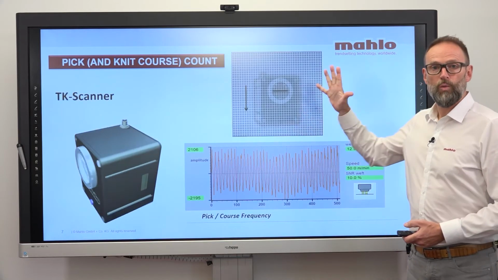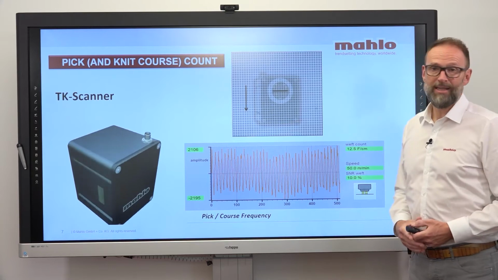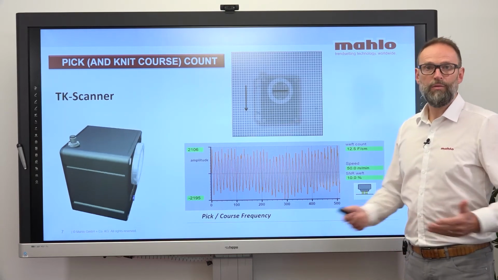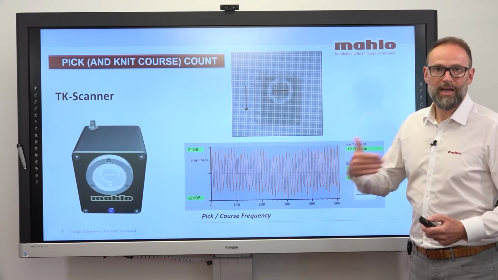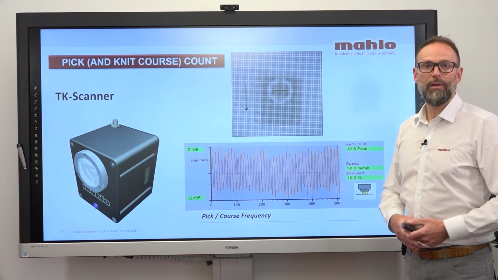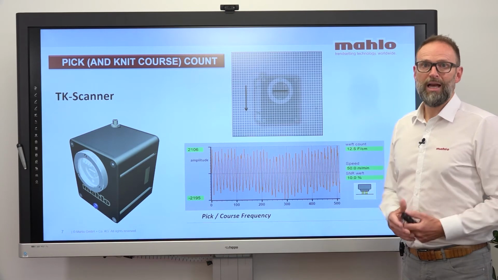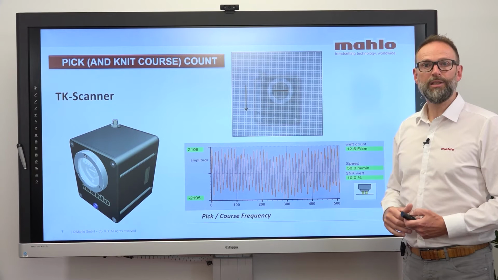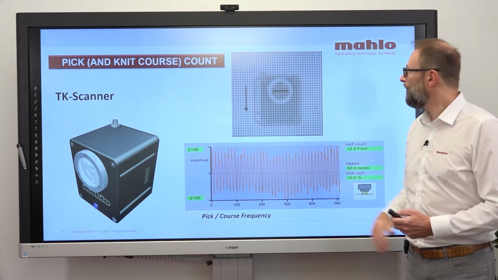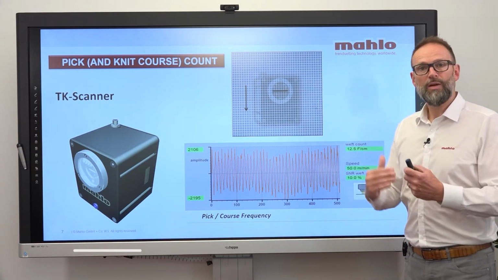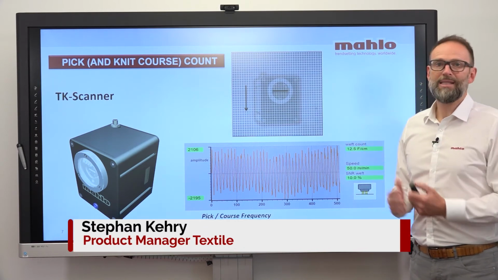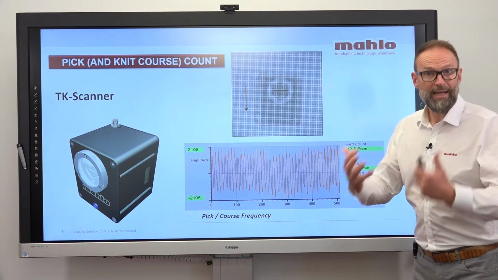To do so, we have our TK scanner. This is a scanner that we also use for the weft straightening, and therefore we have built that 1,000 times already. It's a very reliable instrument, working with a light-dark modulation, and unlike with the weft straightening, this sensor is not swiveling 8 times a second. It's standing still and adjusting itself according to the highest signal.